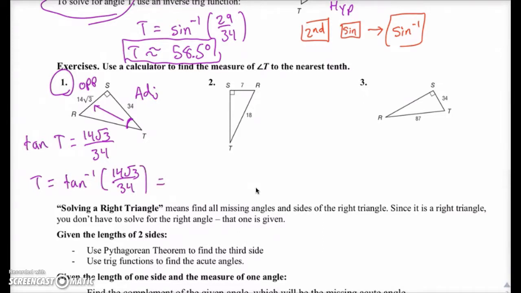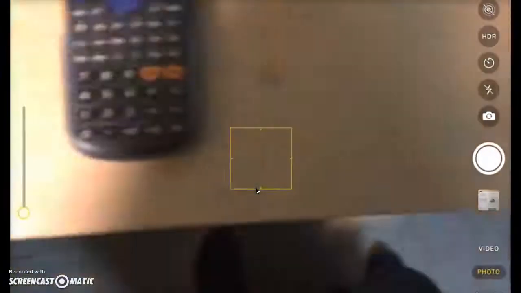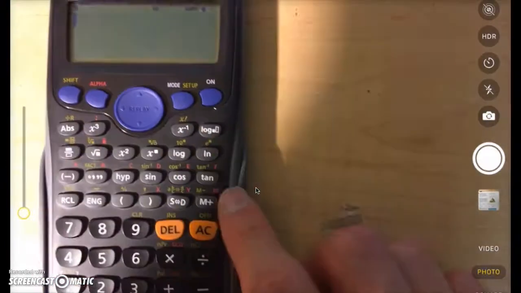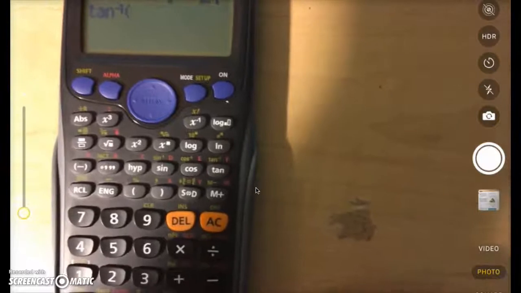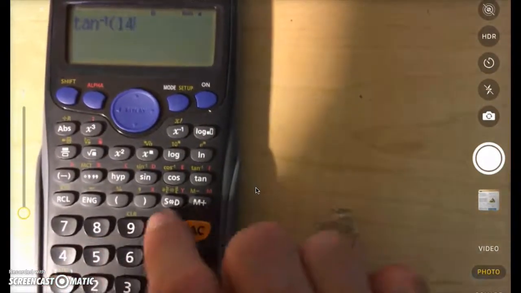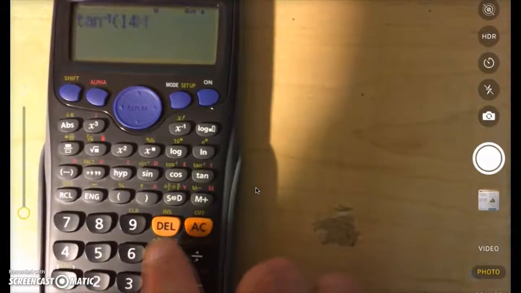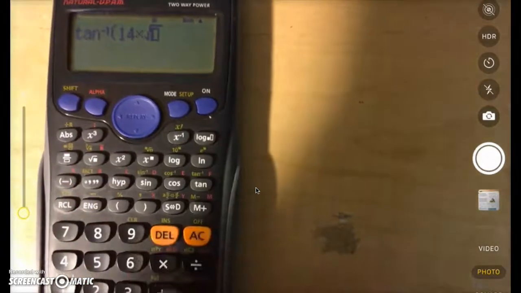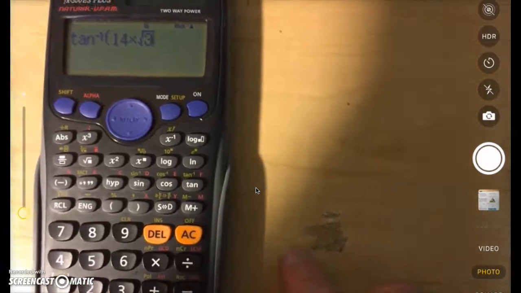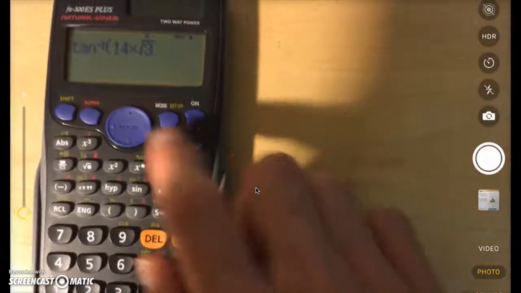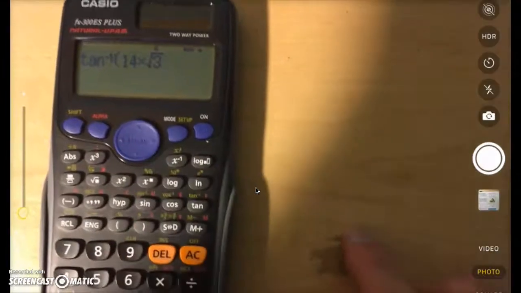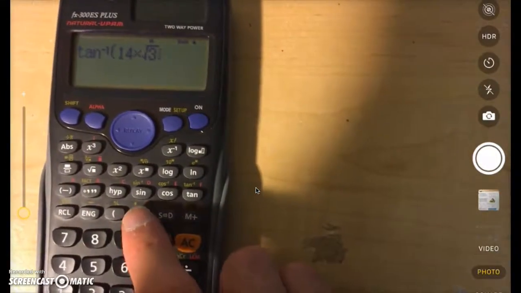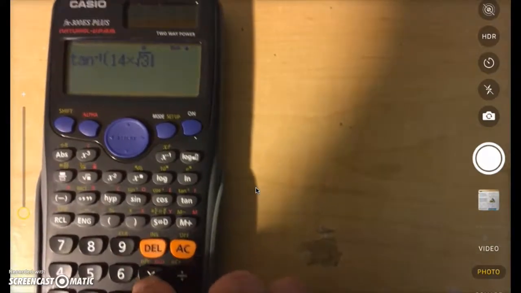We plug this into our calculator. I'm going to do this one more time. Clear this. So I have inverse tangent. We have 14 times radical 3. And I want to make sure you get out of that radical by hitting the right button, depending on your calculator. And it should be what? Divided by